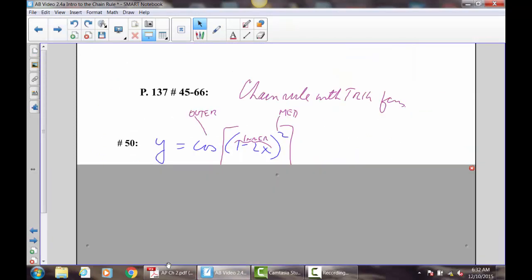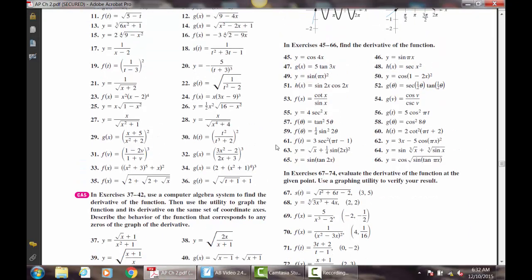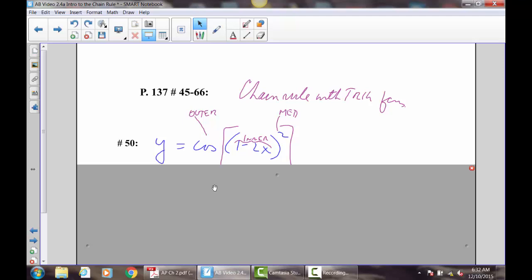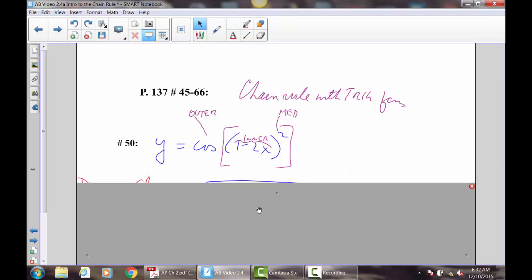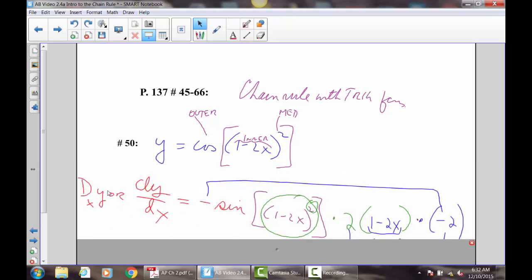45 to 66, if we look at those, find the derivative of the function, and now, of course, you'll notice none of these had trig in them, and all of these have trig in them. So they're simply chain rule with trig is the only thing. So we have y equals the cosine of 1 minus x squared. This really, the square is not for the cosine, it's just for this angle. So the outer function is the cosine of, the middle function is the square of, and the inner function is 1 minus 2x. So your derivative, which is written one of these ways, there's no f of x, so you can't say f prime of x,